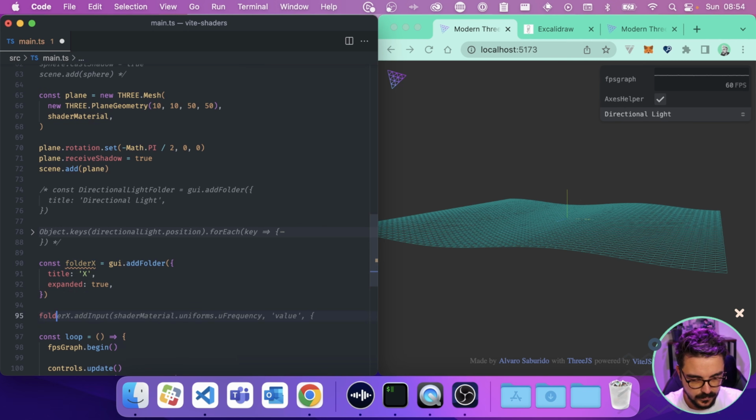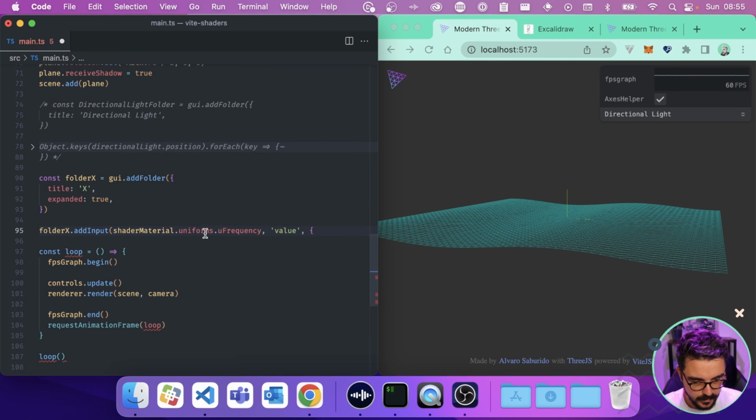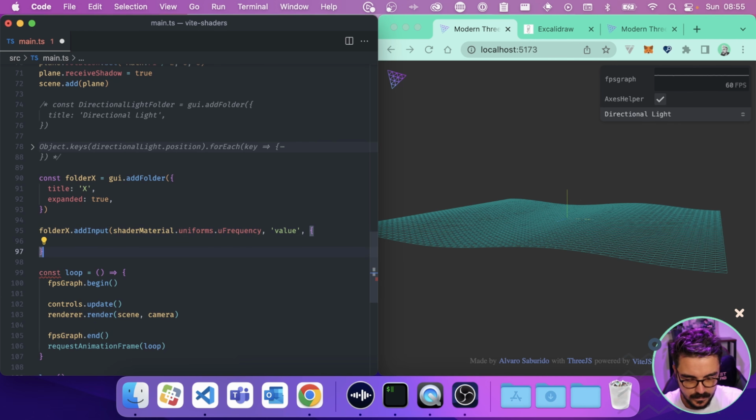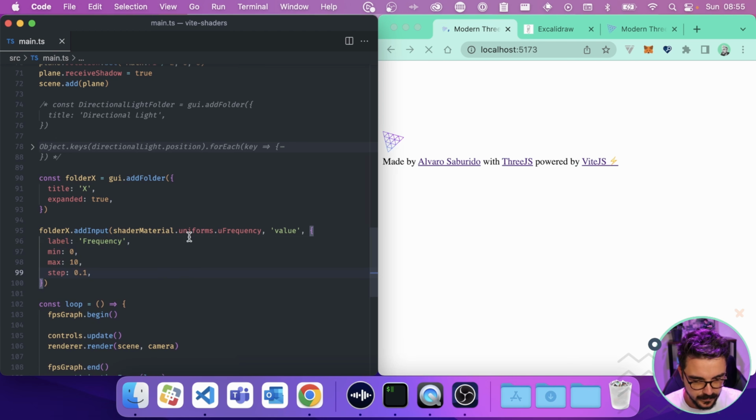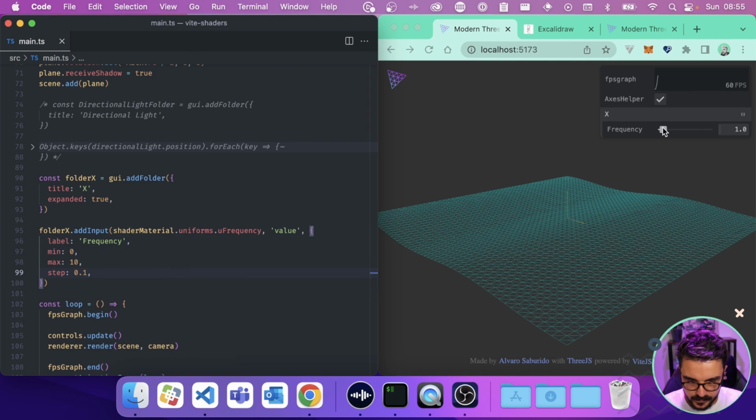And to this folderX we're gonna add an input, which is gonna be shaderMaterial uniforms frequency value. And let's put the label of frequency, not in uppercase, please. We're gonna put a minimum of this, maximum of that, and a step of 0.1. Let's save it and see if it's actually working.